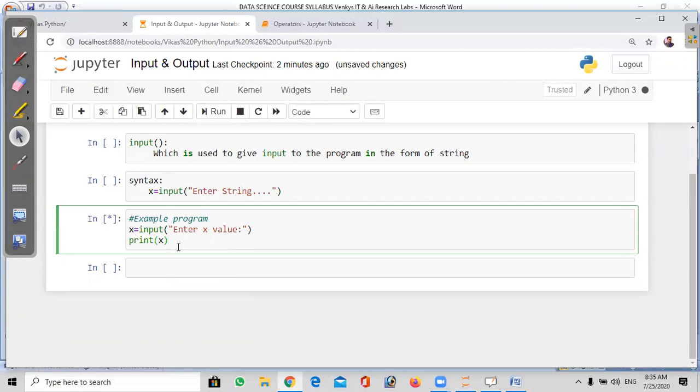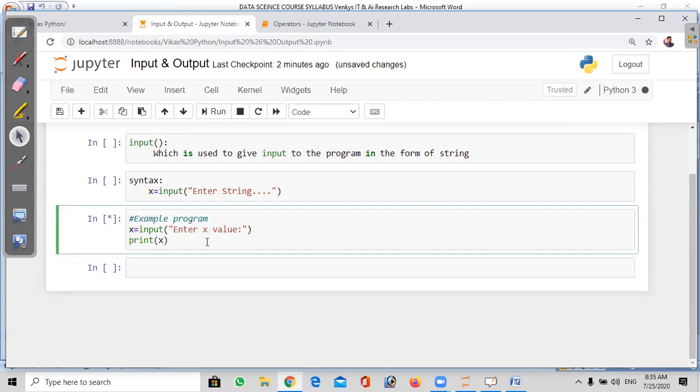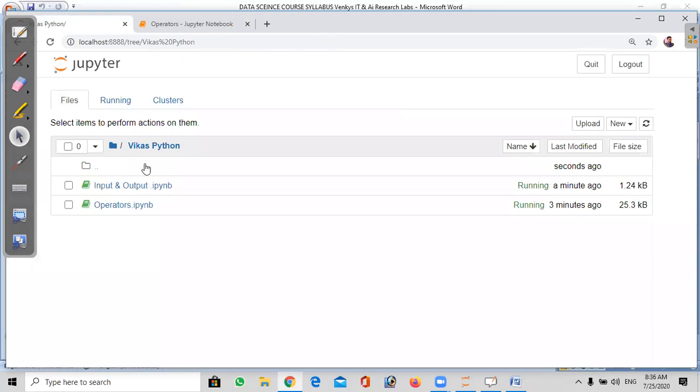So sometimes Jupyter Notebook takes time. Here you can observe the time symbol, so it's running. It got stuck, so I'll close it and try to open it again.